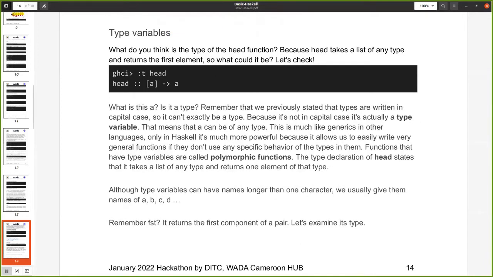So if everyone is back and we are ready, let's get started. We stopped here on type variables. We talked about types that are specific, such as bool, such as strings, list of things. But what's interesting is we also talked about these